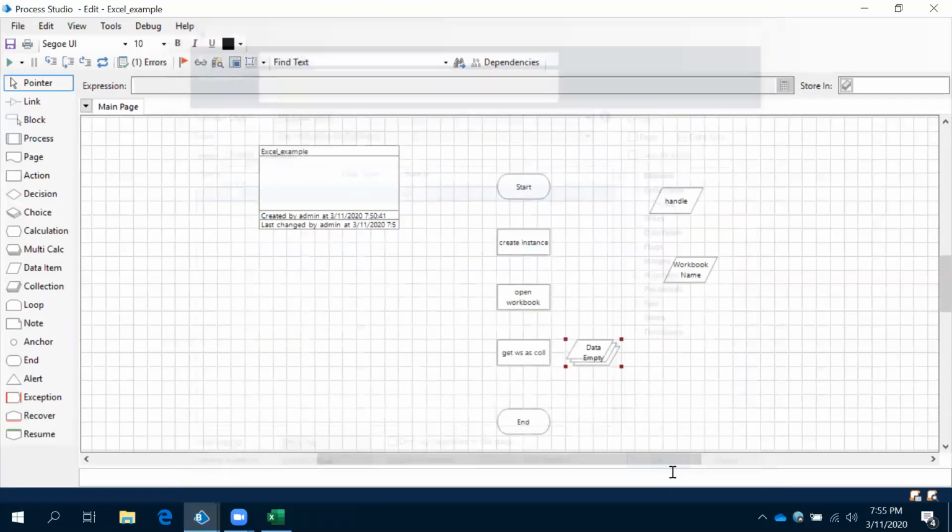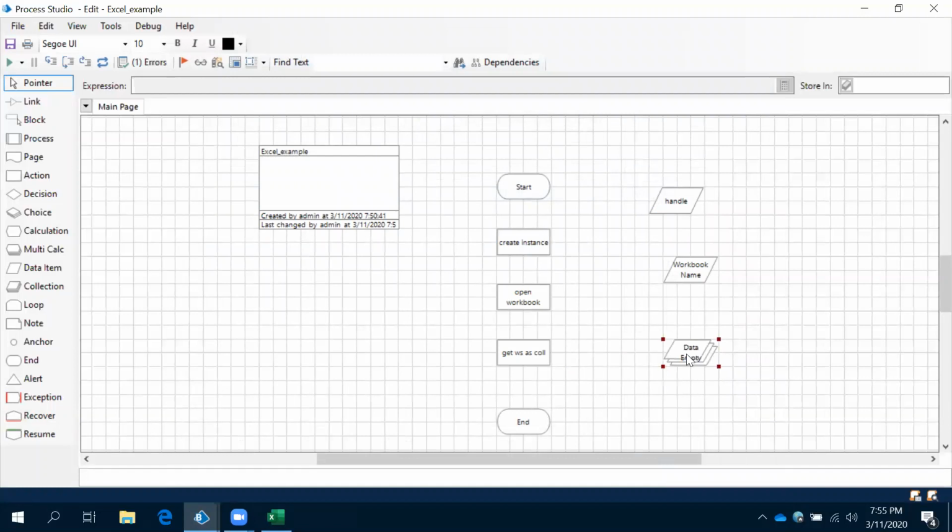Now give the links: start to create instance, open workbook, then get worksheet as collection. Now reset, we don't have any errors. Now let's run this. Then again, I will explain all the actions we are using and the purpose of this.